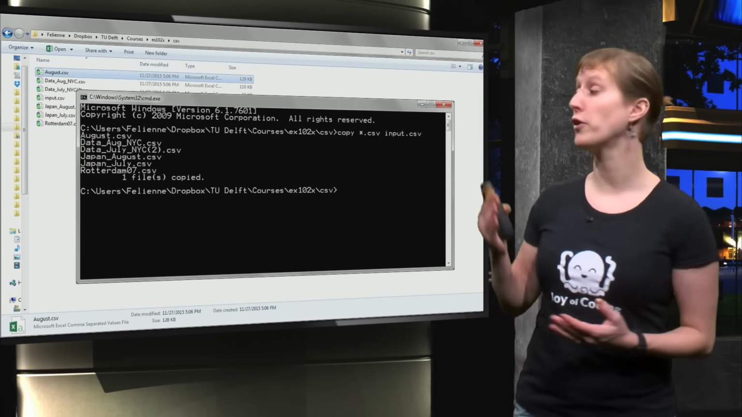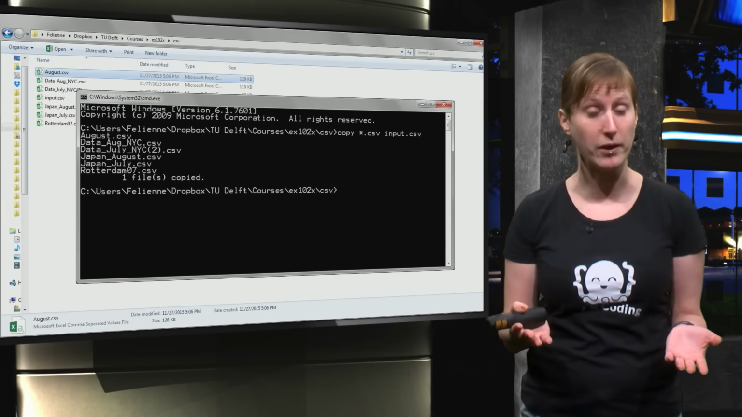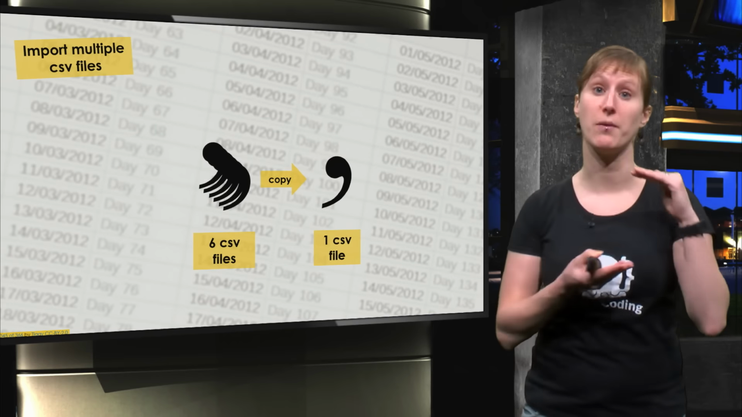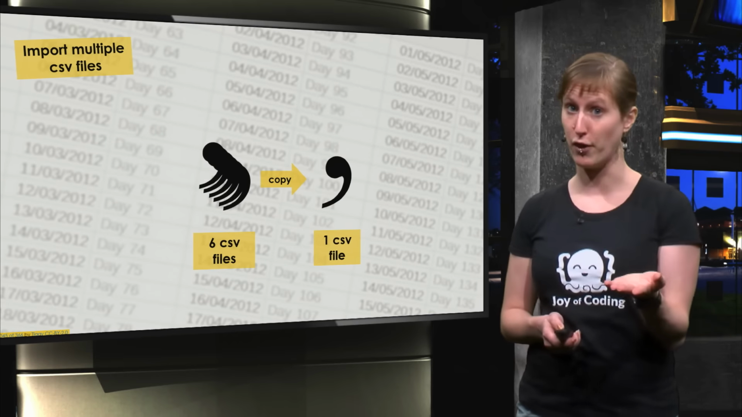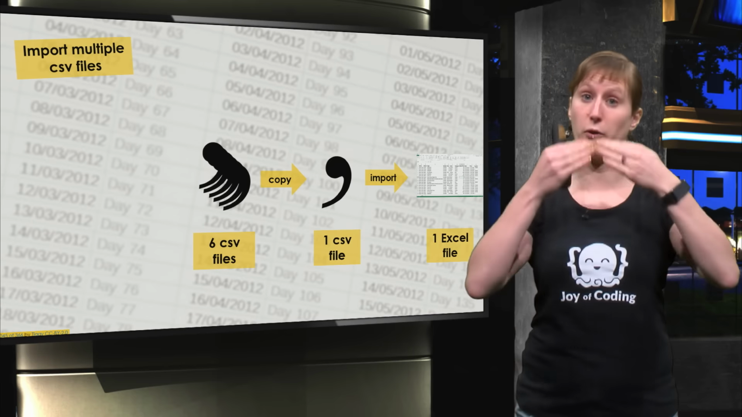In the previous video, you've seen that we have combined 6 different CSV files using the copy command into one. So what we've done is we've taken 6 files into one. That's what we did in the previous video. And in the meantime, if you've done the exercises, you have used that one CSV file to import it into